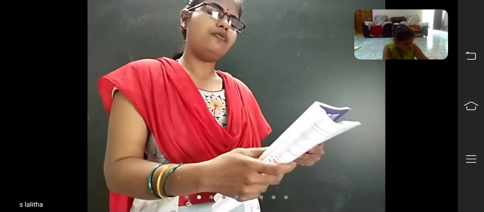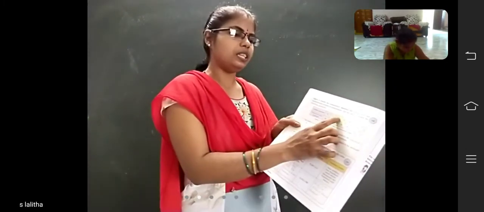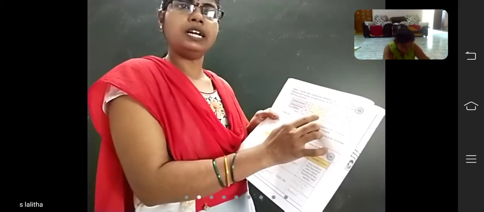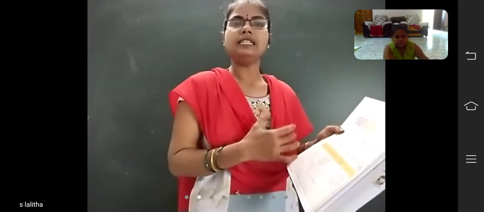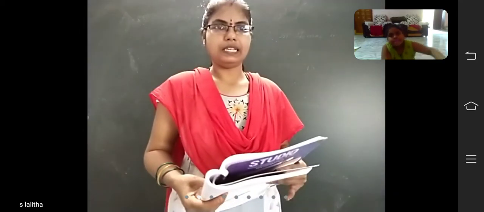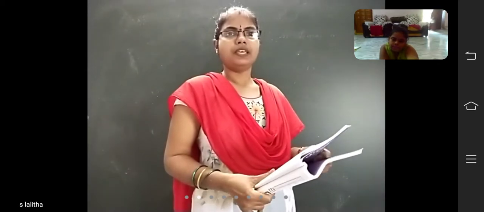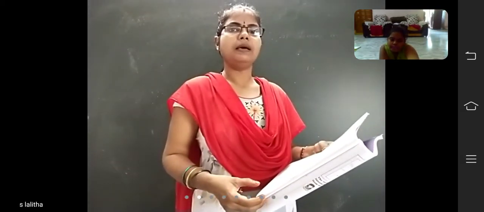So what is the difference between the Indian system and the international system? Up to 10,000, the place values are the same in both. But in the Indian system, there is lakhs. In the international system, what is that place value? 100,000. Next, in the Indian system, the 10 lakhs place is millions in the international system.